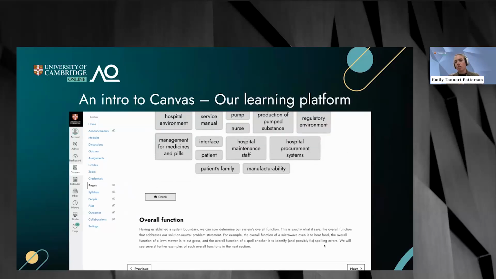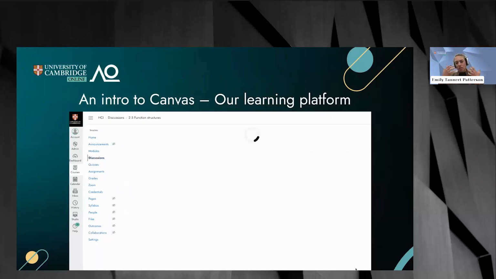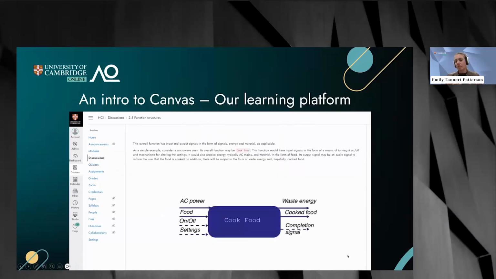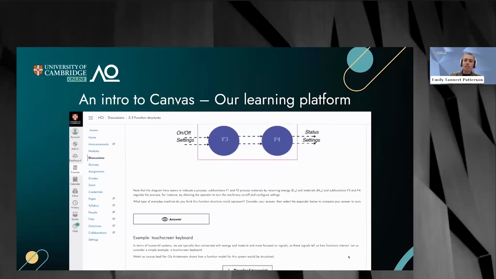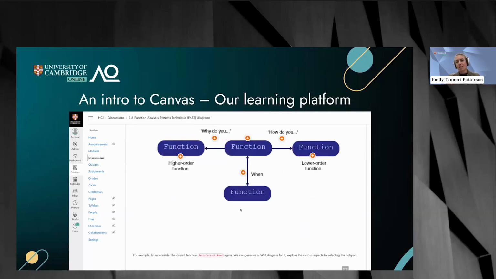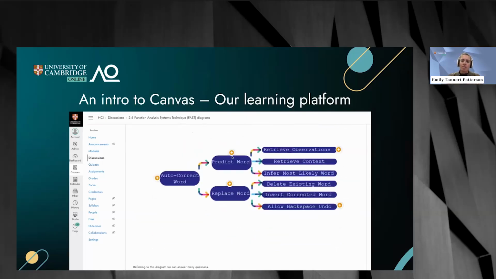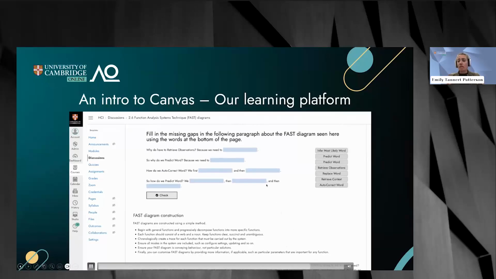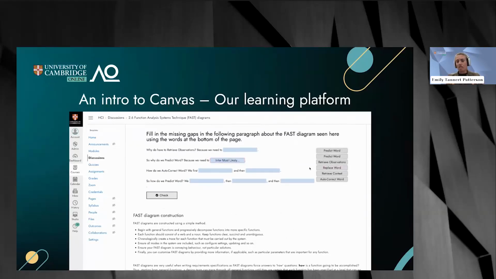So there are lots of ways in which you're not just taking things in, you're actually getting to check yourself and ensure that you've understood them the correct way, and take that next step and apply the information that you're understanding. Hopefully you can see that this is, again, not pages and pages of text, but a really rich, interactive multimedia learning experience on the course. And we regularly get feedback from our learners that, wow, taking this course, the way everything was packaged together really supported my learning in a way that allowed me to ensure that I was taking in everything that I wanted to get from this course.